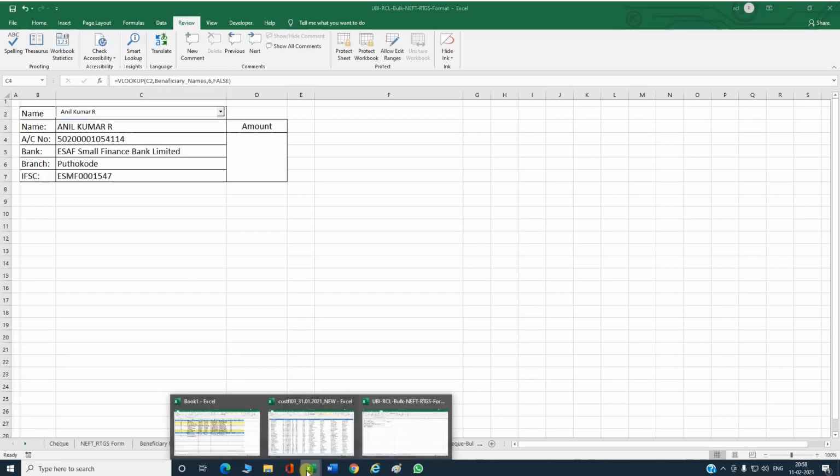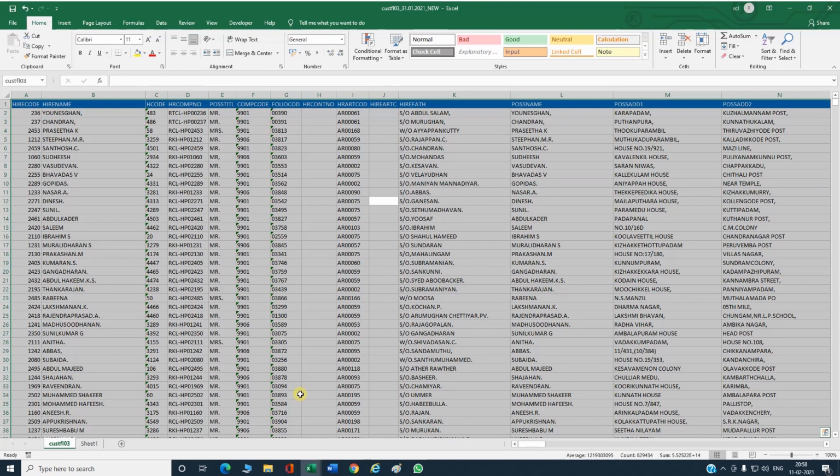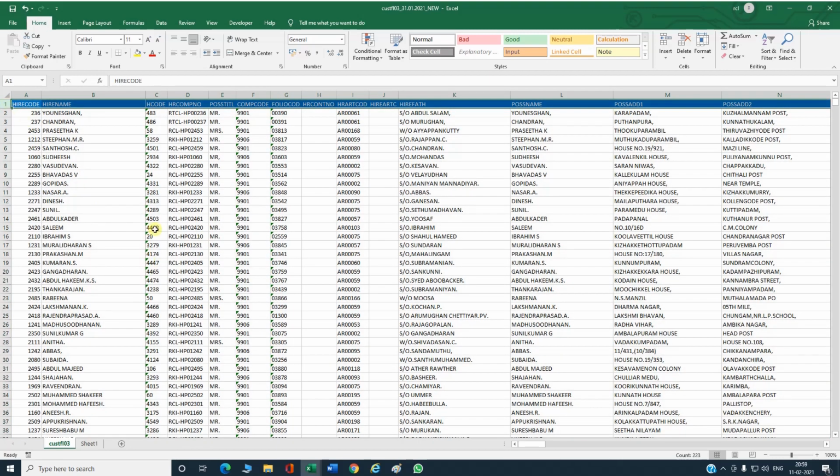I will show one more data set which has very huge data. This has 8,29,434 data with 223 columns and 7,020 rows. Here we can use the VLOOKUP function. We can handle this type of data table by using VLOOKUP because it's a very huge data. We can find out any data easily.